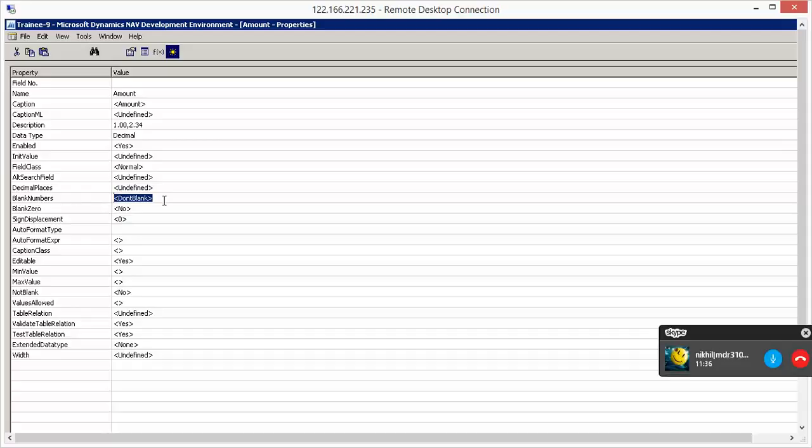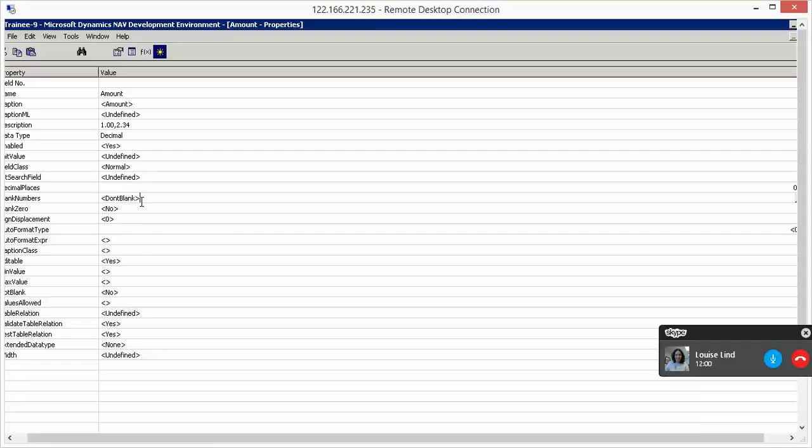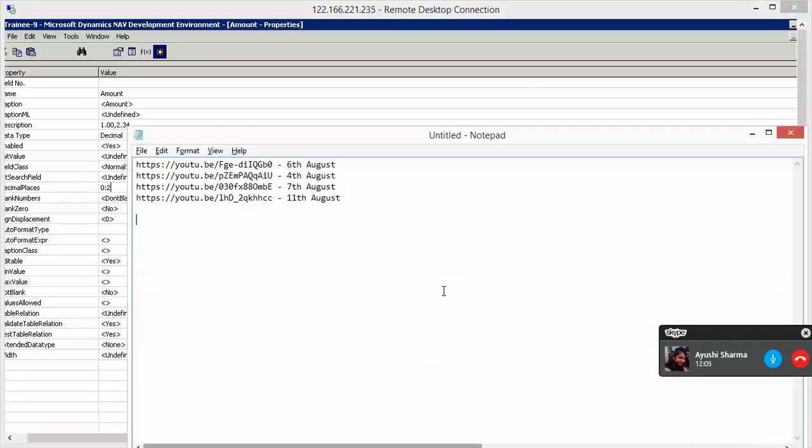So it says don't blank, that means don't blank it, no zeros. And decimal places, okay, decimal places is minimum colon maximum. So what is the minimum I can have, and I say maximum to zero. Okay, so when I say 0 colon 2, it means 0 colon 2 is minimum